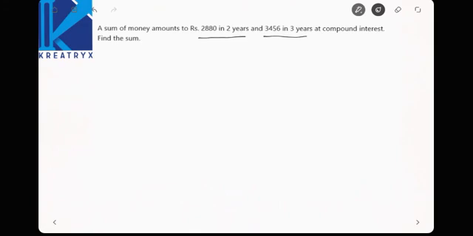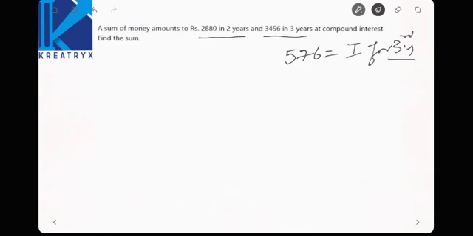If you subtract 2880 from 3456, will you get the interest earned in the third year? Observe this. Yes, it is correct. Now upon subtracting 3456 and 2880, we will get a value of 576, and that is the interest for the third year,